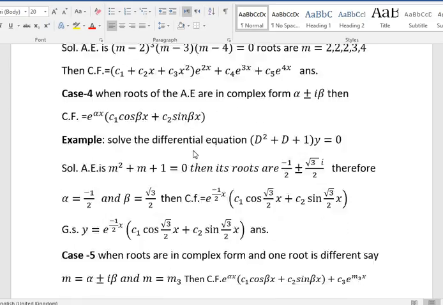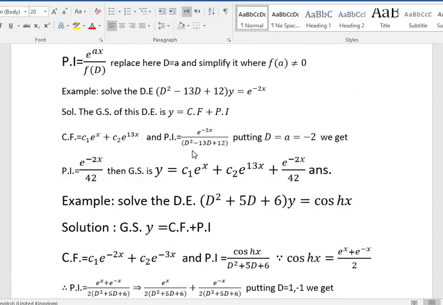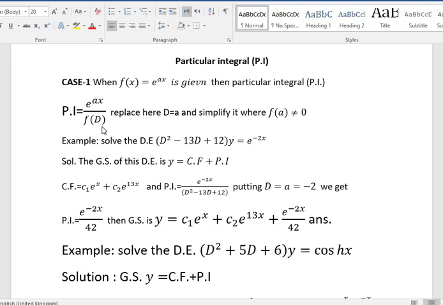What you have to do when you try to solve particular integral, then it is required here. So what you have to do, replace the nth derivative d^n y by dx^n of y with respect to x, and other things in terms of D, leaving all y terms. That one is called f(D) function. What you have to do, very easy, replace D equal to a, whatever it is given, just write here and simplify it.